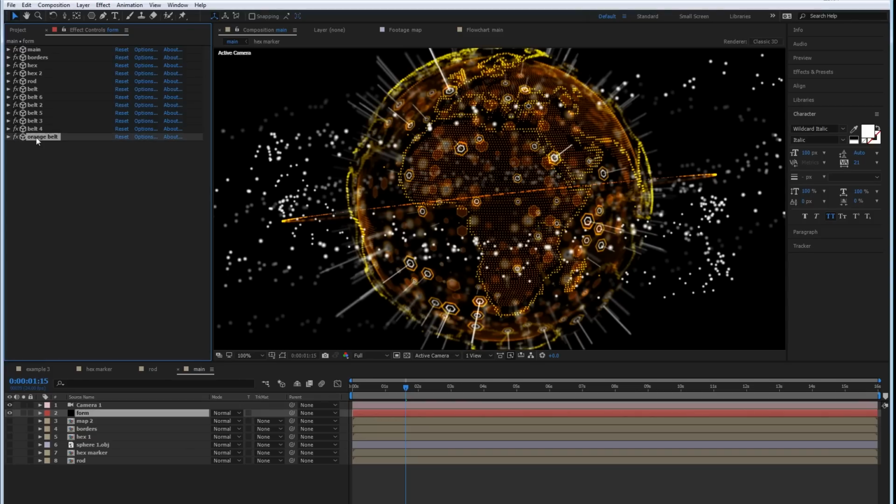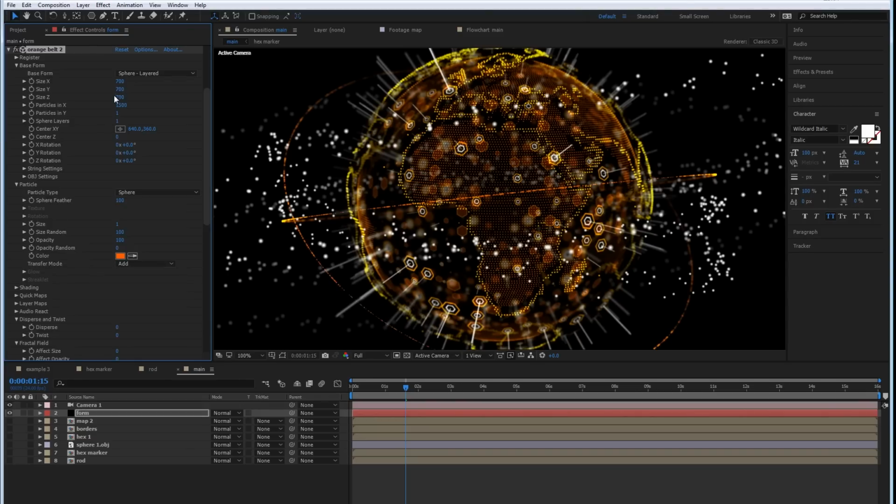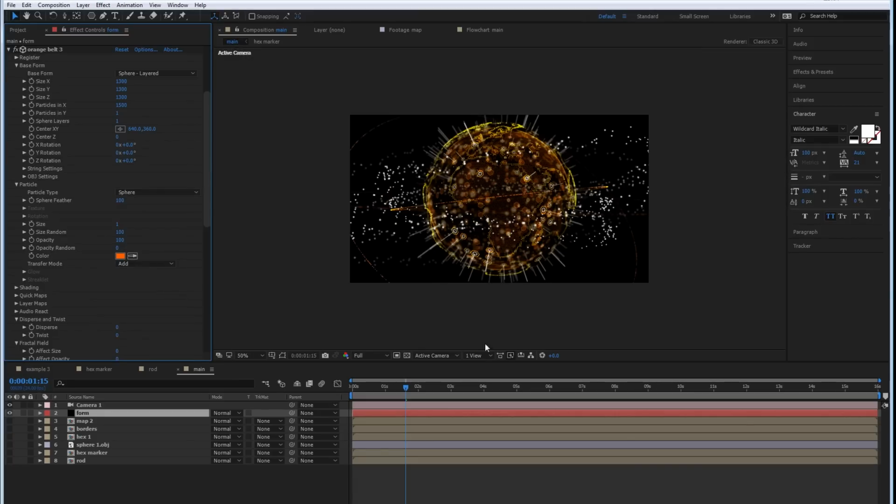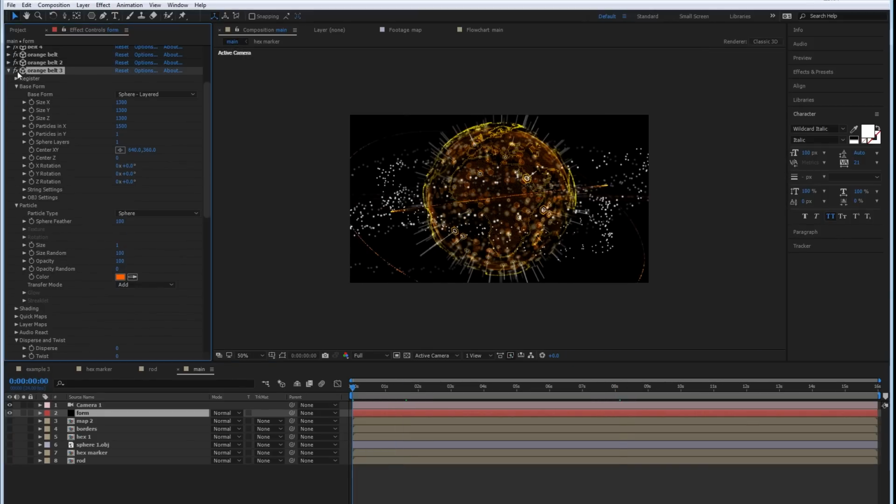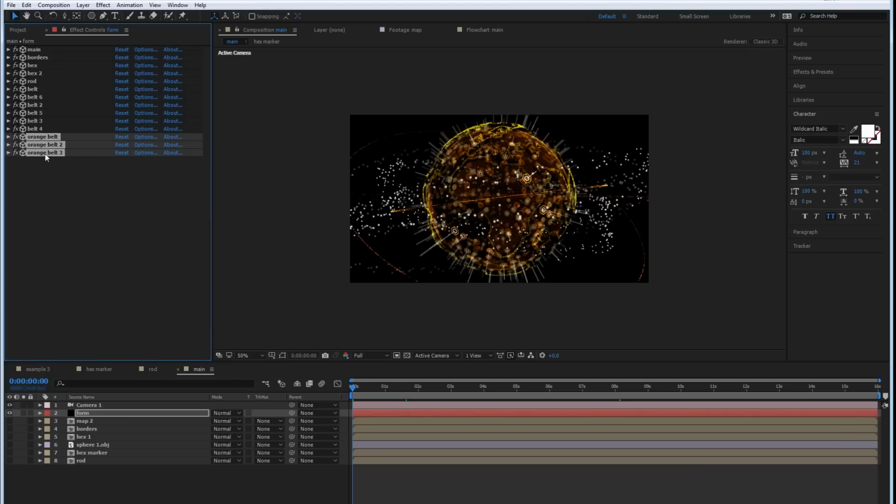And let's just copy this and put the size of the sphere to 1000. This time just creating another layer with an offset, and then one more time at 1300. So this is kind of the first level of this. I will then duplicate all 3 orange belts, and let's just drag them to the bottom of the list here so I can kind of keep track of